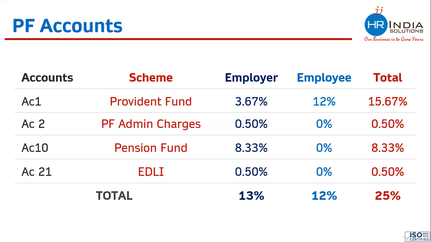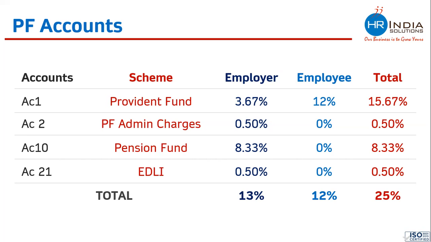If you have contributed 100 rupees in the entire year, the government is giving you 8 rupees more as interest. So your total money is 108 rupees. 100 rupees was the PF contribution by you and your employer, and 8 rupees is given by Provident Fund. This is the same interest I am talking about, which banks are giving.